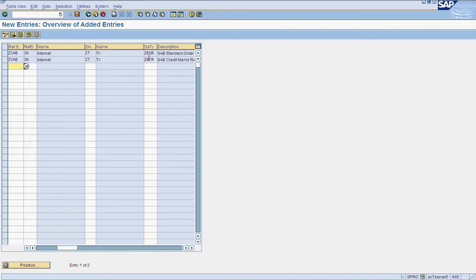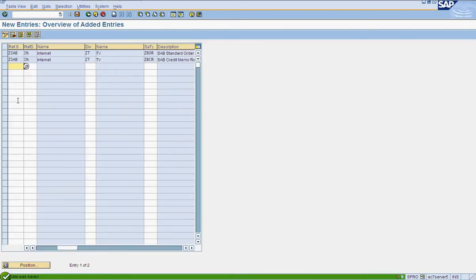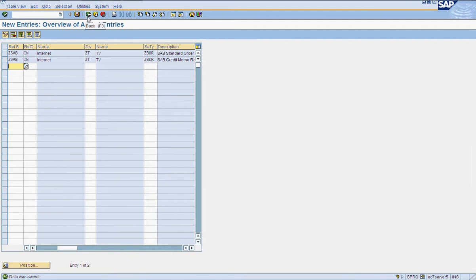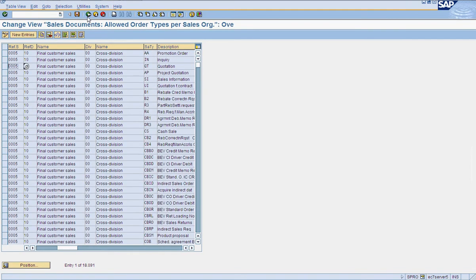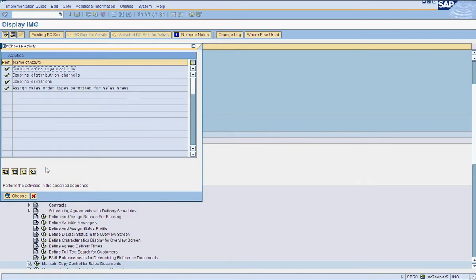So now we have assigned our document types to the reference sales area. So now save. So now we have completed the assignment of sales document type to sales area.